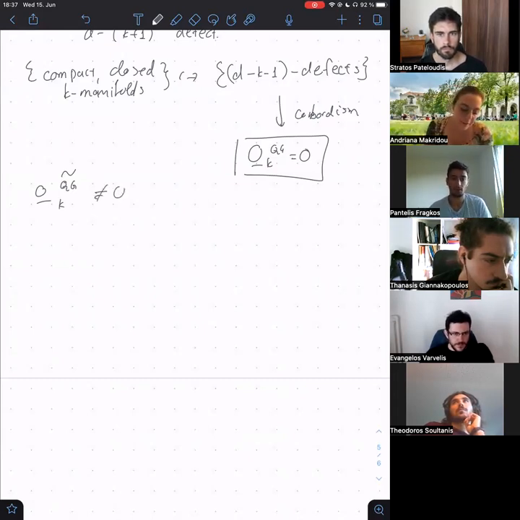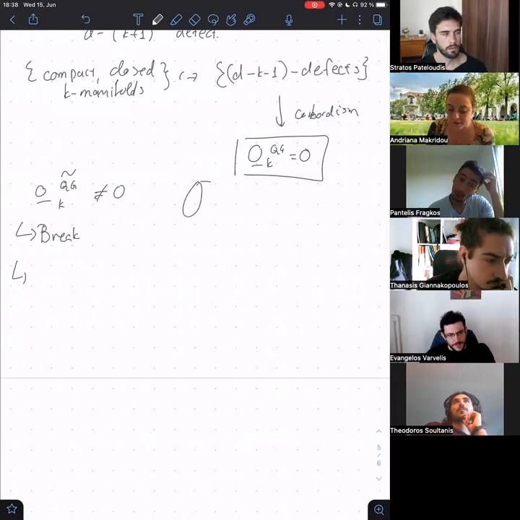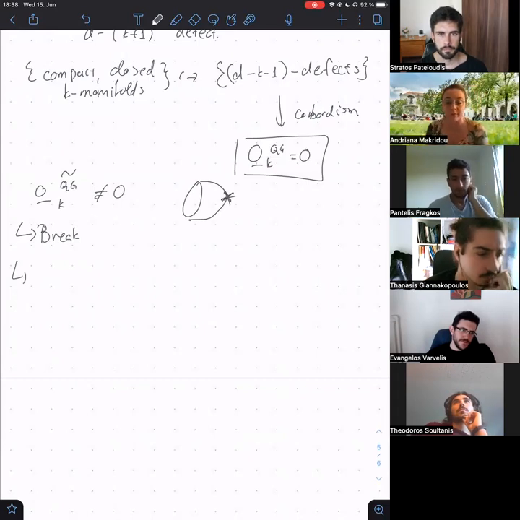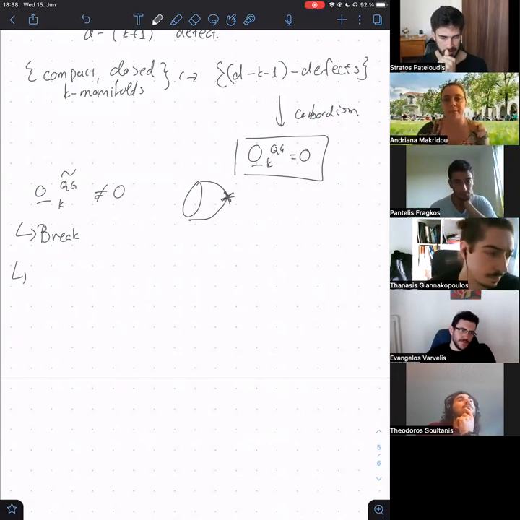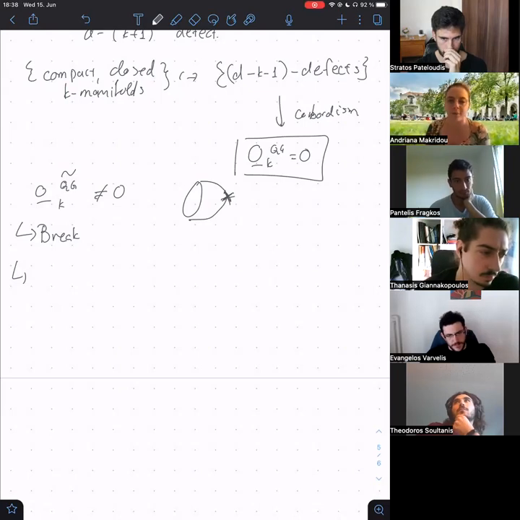So if some group here is non-vanishing, then we have two options. We either break the symmetry. What does this mean? It means that the non-vanishing class is this manifold that cannot be capped. So effectively, you are introducing a defect or something that allows you to close off the spacetime. And I will give the explicit example about this. And our paper is a very explicit construction of such a defect.